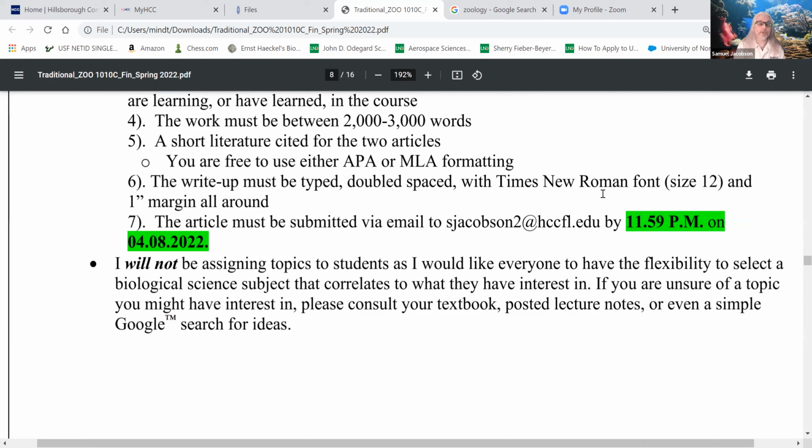And then turn it in on the due date. It's due by 11:59 p.m. on the 8th. Now, I had one student a couple of years ago, excuse me, it's hard to talk for a long period of time, and I've been talking for hours already today,